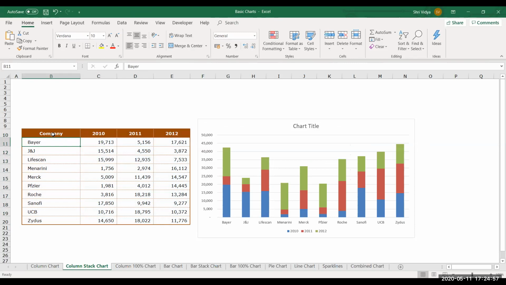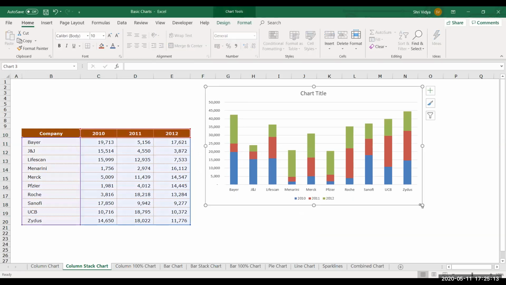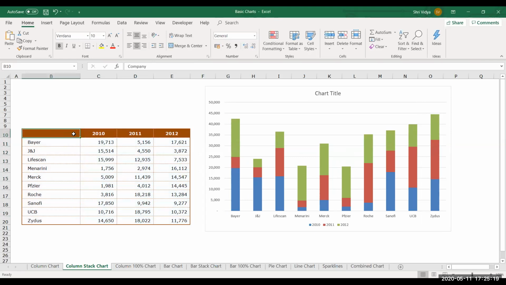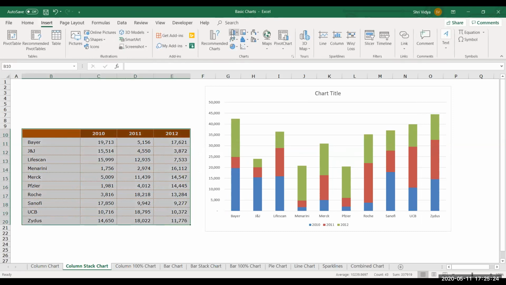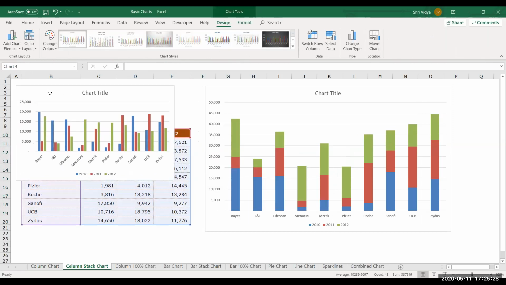So you should make sure when you have numbers in the headings or in the left hand side column, you should delete the corner cell before inserting a chart on it. Okay, to see that the chart is added in a valid form. So why we chose this stacked column? Now let me also show you by inserting only column chart, the clustered column chart. So when I show you comparing with these two, you will understand.